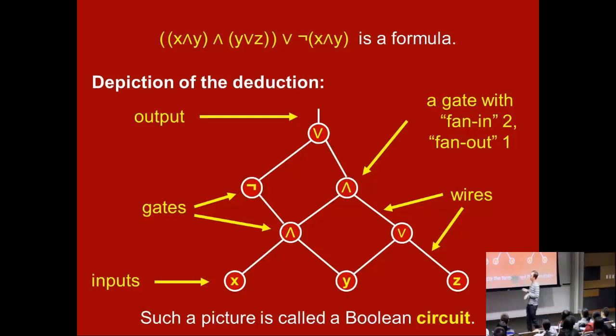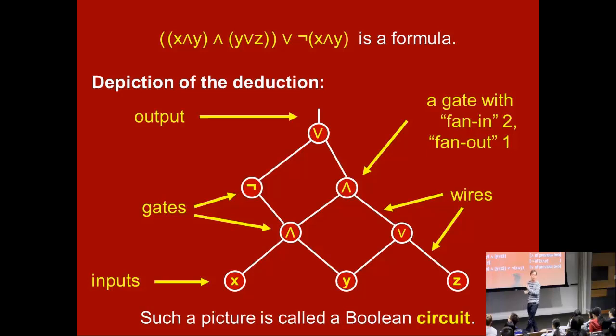What do I mean by that? Well, suppose I wanted to draw a picture illustrating this deduction of the formula. This is how I would do it. We got x, y, and z. And then we first built x and y, like this. And then we said, well, we're going to need y or z. So let's OR them together. Actually, already something different has happened here that didn't happen before. I have two lines coming out of the y.